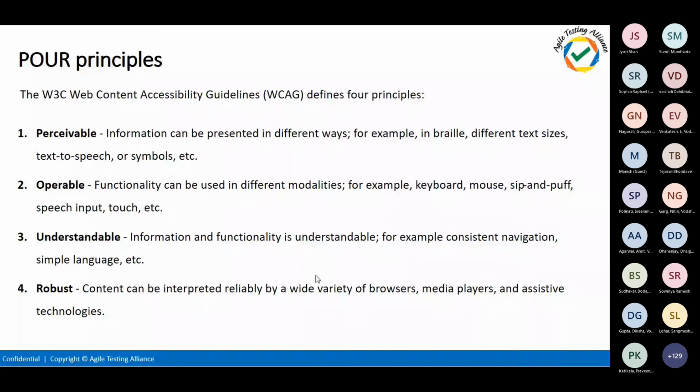And the third one is understandable. Is your website able to give the right information with respect to the navigation and the languages, the native languages which you are having? So are you able to understand it? A few examples are jargons and abbreviations. For example, we need drivers to run the automation test case.